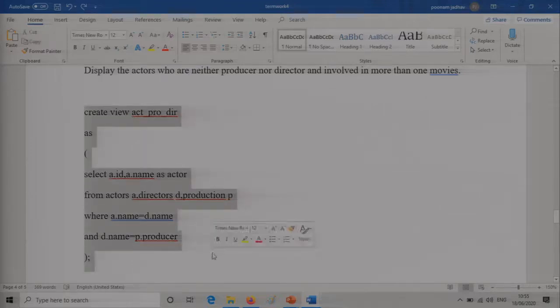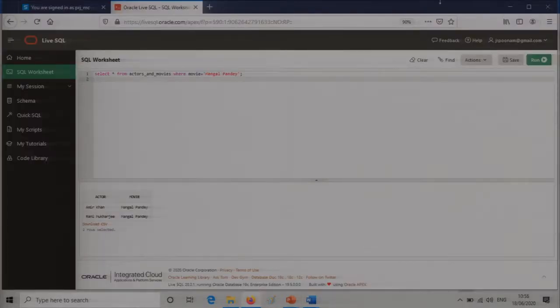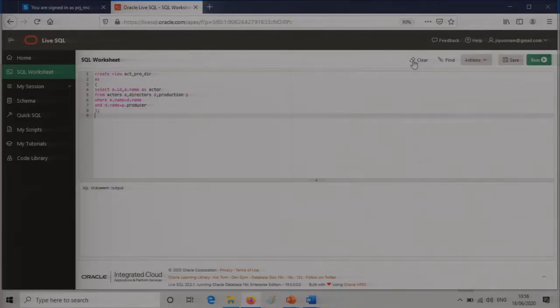So let's see how we do it. Let's take this query here and select it. Okay, here we go. We'll just clear this up for us. So please look carefully and try to execute. So this is my view created. Can you see the output here? It really says view created. Okay, so look at how it is created.